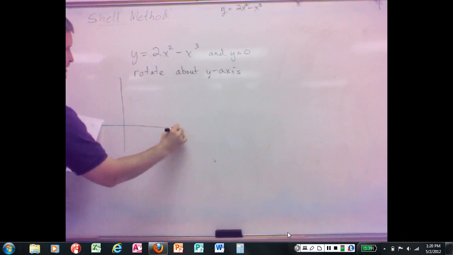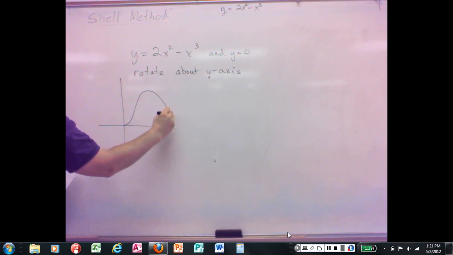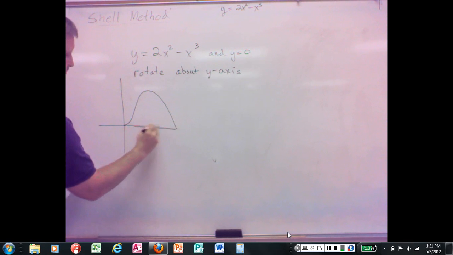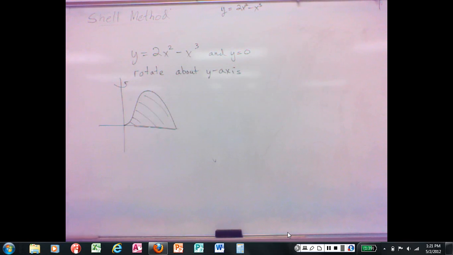okay, 2x squared minus x cubed, I believe, doesn't it look like this? And y equals 0, so I'm rotating this region about the y-axis. Because if I rotate about the x-axis, that'd be a whole other story. But if I rotate that about the y-axis, isn't that the picture, what it looks like? So 2x squared minus x cubed, y equals 0. If I rotate that region about the y-axis,